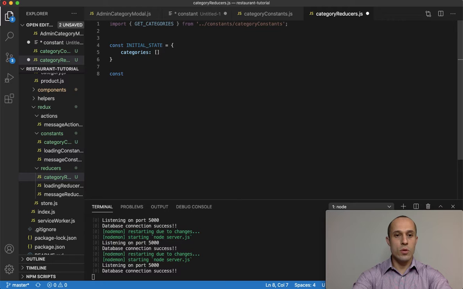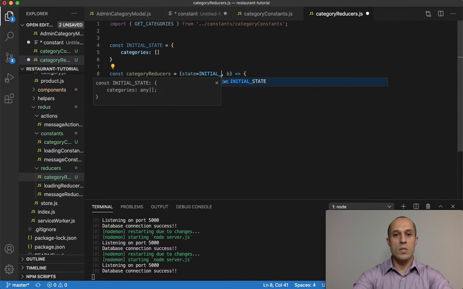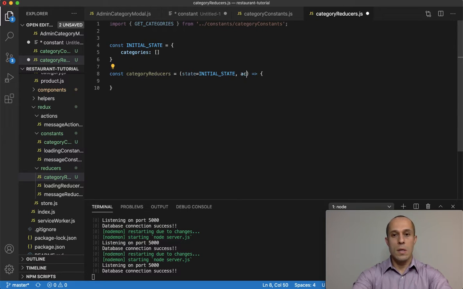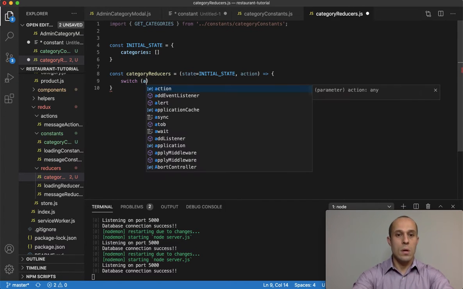Next, create our reducer. Category reducers equals to, let's see, first argument is a state value, which by default is going to be equal to the initial state, and then the action. Now we're going to do a switch on the action type,